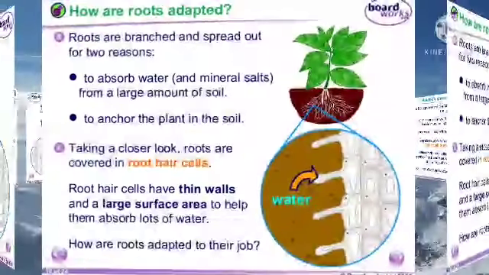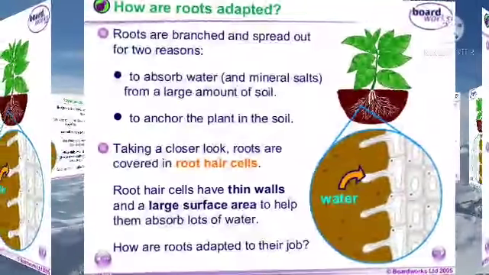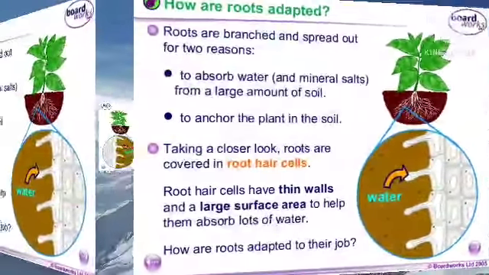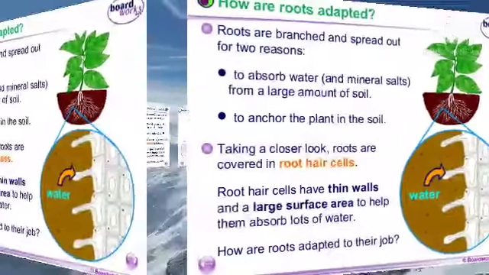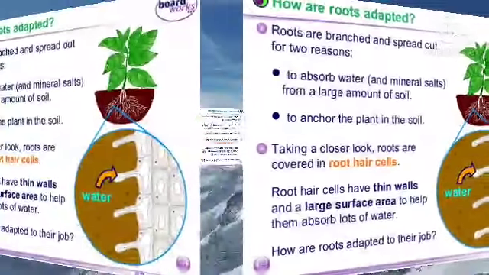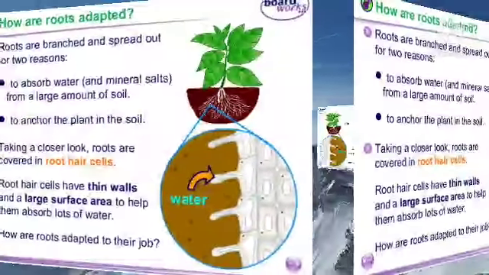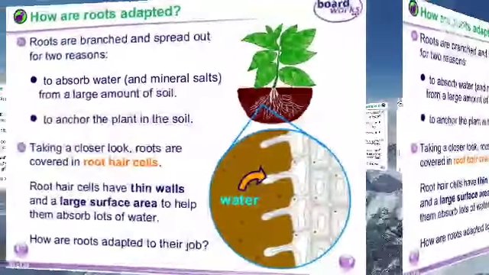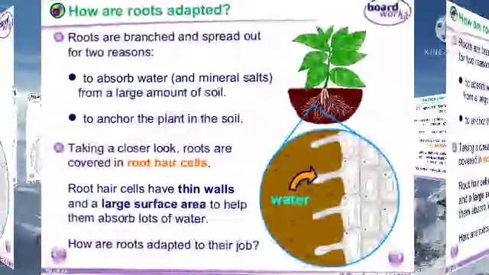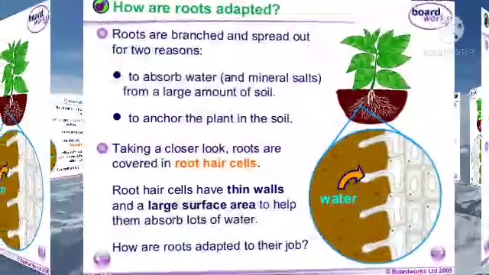The next feature is that root hairs absorb water and dissolved mineral salts from the soil. So here we are saying that the root hairs absorb minerals, and the next is that root conducts water and dissolved mineral salts upward to the stem and ultimately to the leaves.